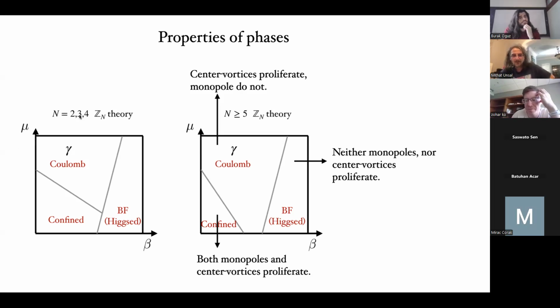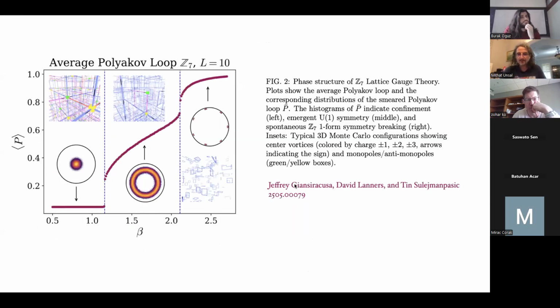But even for n equal 3 or 4 of the Z gauge theory, if you crank up this deformation parameter, you will again land on the Coulomb phase. At arbitrarily strong coupling, you can land on this Coulomb phase. Now this is of course theory, and there is this very recent paper by